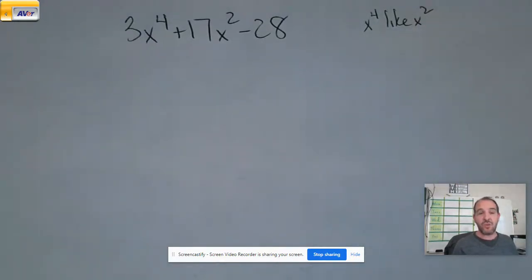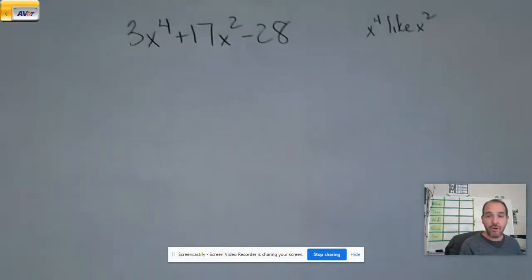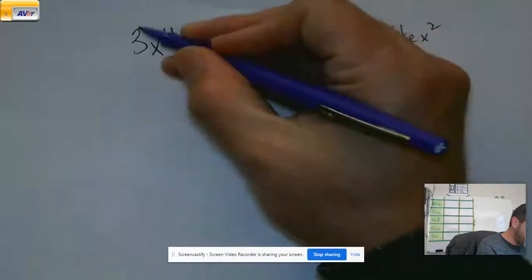So if this was 3x squared, I'd be like, okay, you can do guess and check. Okay, some of you do that. That's outstanding if you have that skill. But if some of you, that's not quite how your brain operates, here's what we do with slide and divide,